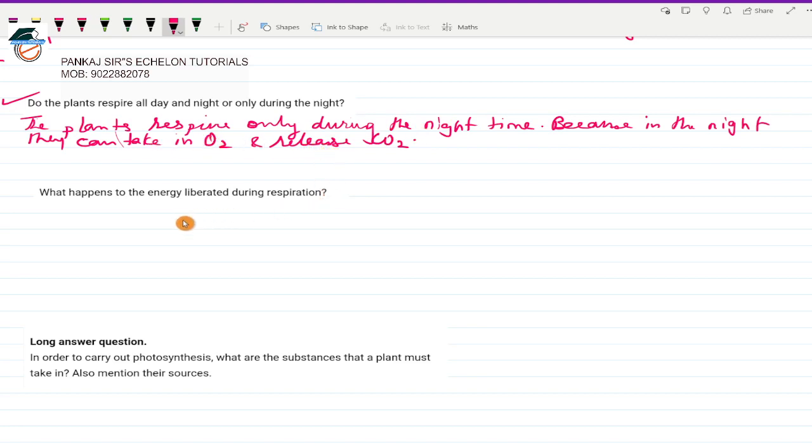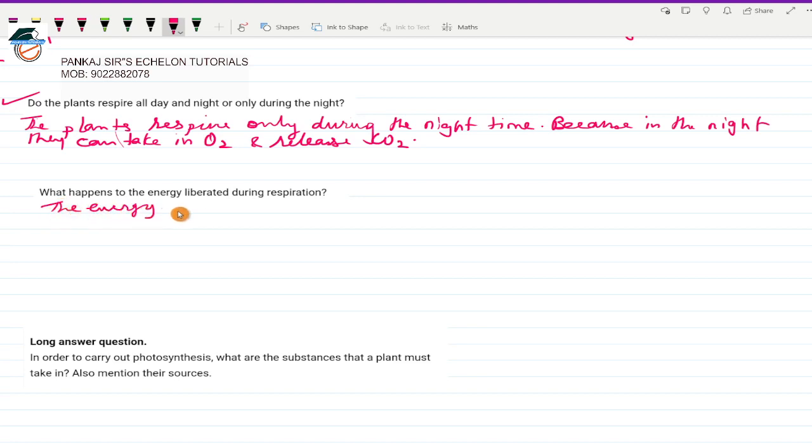Next question is: what happens to the energy liberated during respiration? Now, what will happen to that energy? Obviously, that energy will be used by the cells for carrying out various functions, that is known as metabolism, isn't it? So the answer to this question is very simple again. What happens to the energy liberated during respiration? So the answer goes this way: the energy liberated